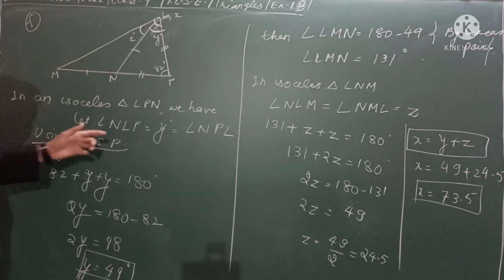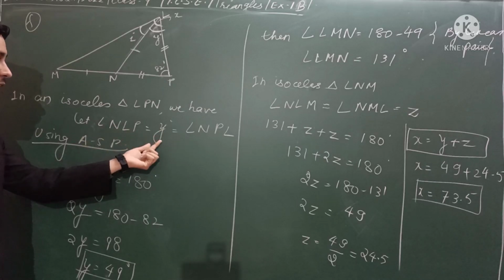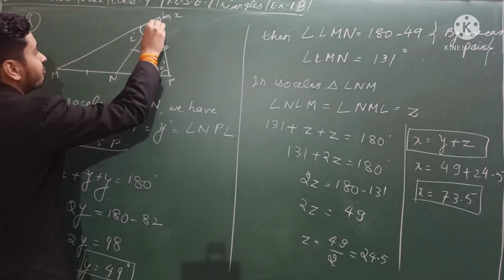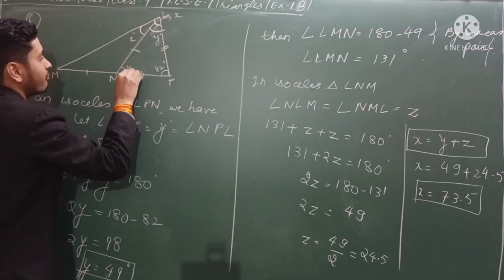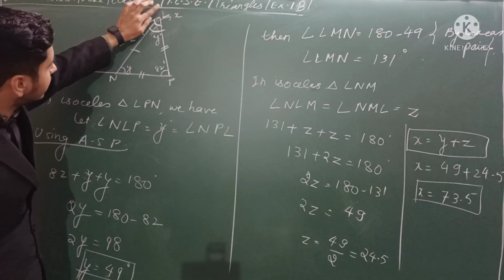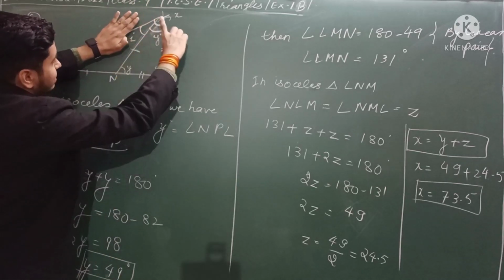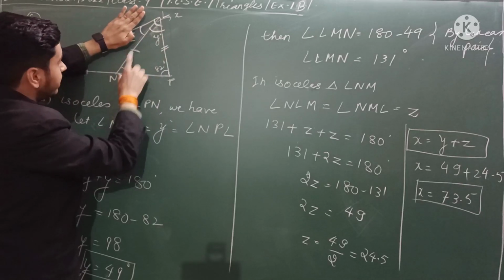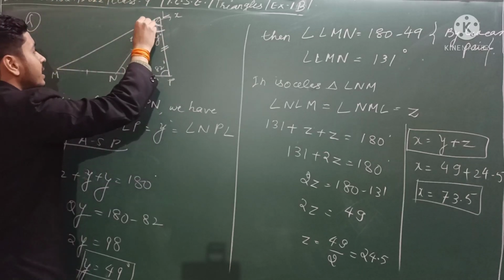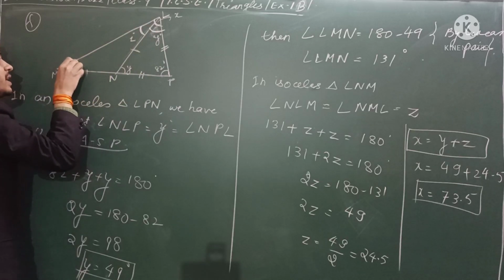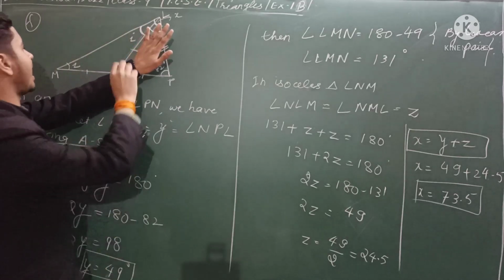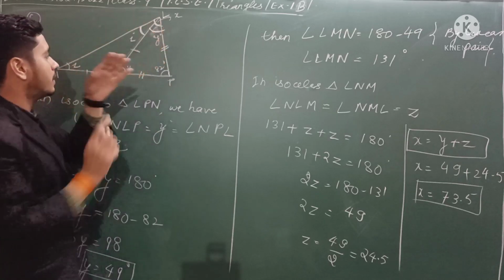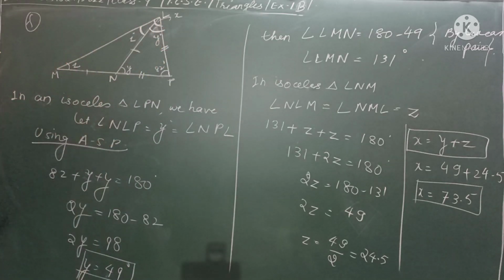So I'm starting with y and z, which you can easily understand. If this is y, then this will also be what? y, because of the isosceles triangle property. You only look at this isosceles triangle. This side is equal to this side, so this angle will be equal to this angle, isn't it? So y. Similarly this z, so this will also be z, because if you see this isosceles triangle, this side is equal to this side, so the angles made by these two are z. Okay, so the main part I have already explained.